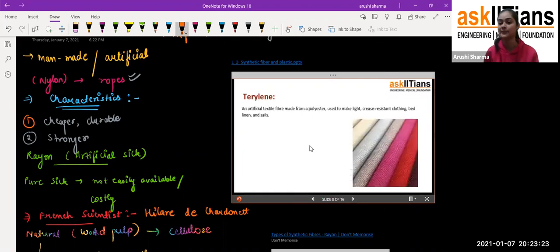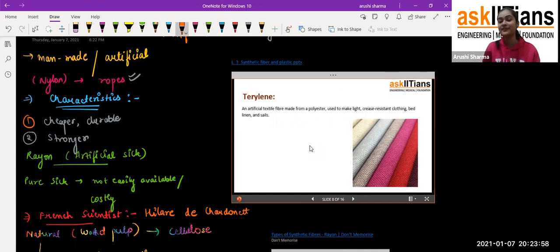Coming to the next type of fiber, it is terylene, students. Now terylene is an artificial textile fiber that is made up of polyester. Now what's the different thing about terylene? Like in the picture you can see that it is also somewhat light, but its texture looks somewhat heavy in nature. Even if you wear clothes of terylene, they will not get creased, you don't have to iron them again and again. So they are generally used to make clothes like bed sheets, because